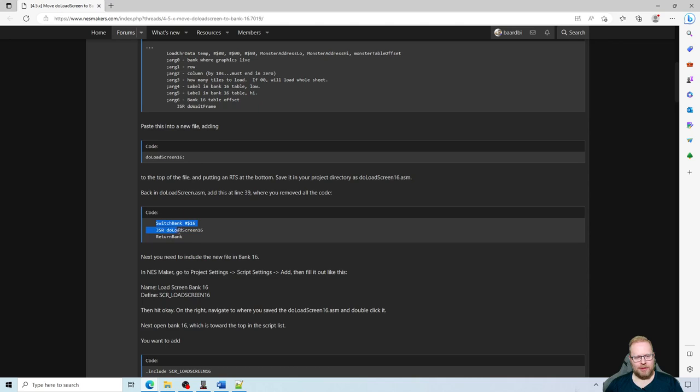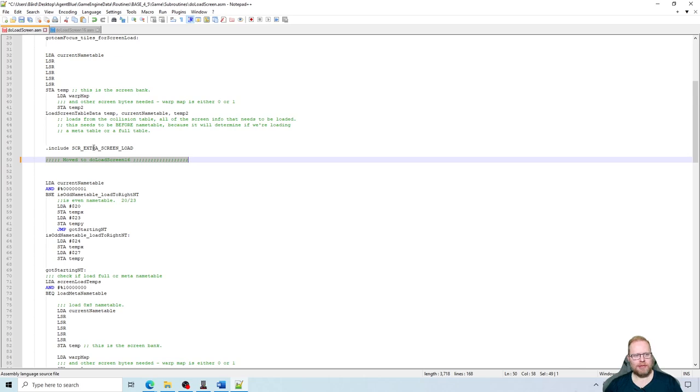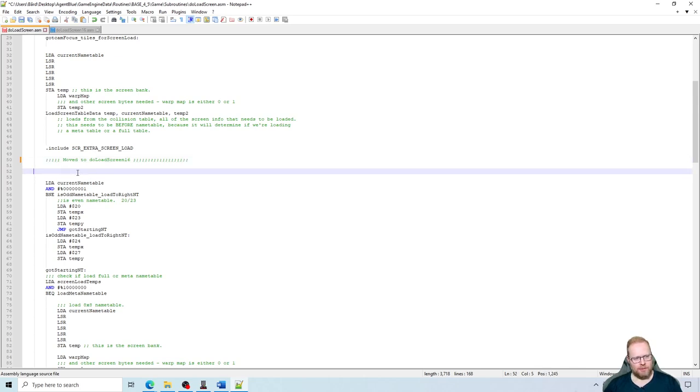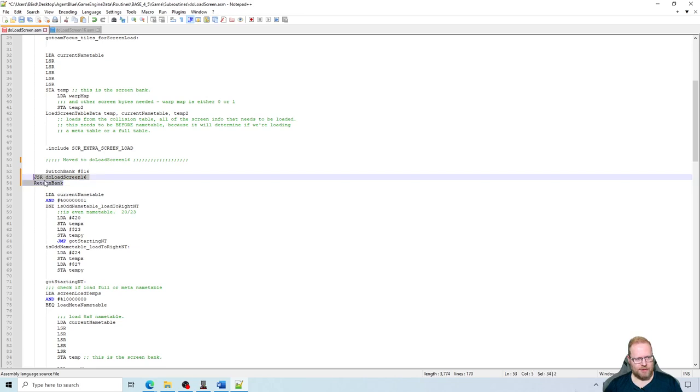So let's copy this part, just copy that, and let's go back to our do load screen file, not this new one, but the one called do load screen. So just below where we wrote our comment, moved to do load screen 16, just below that, let's paste this thing from NES,